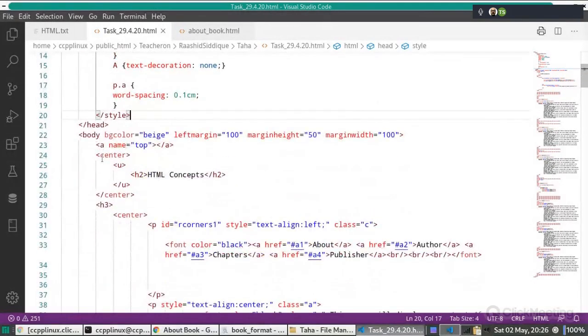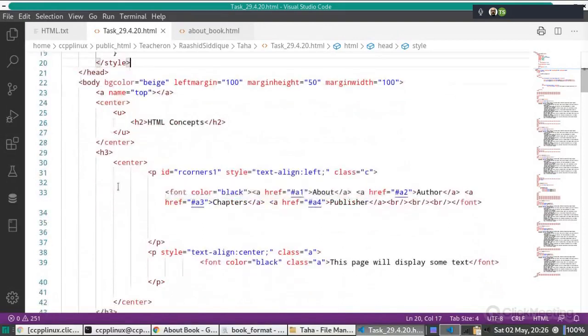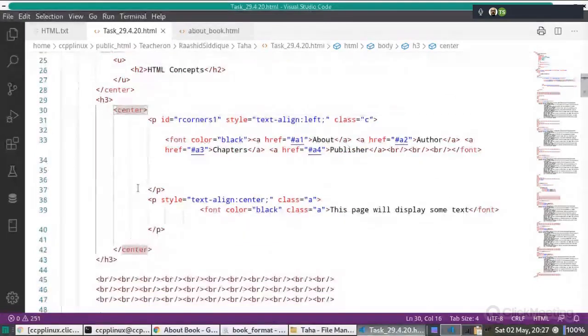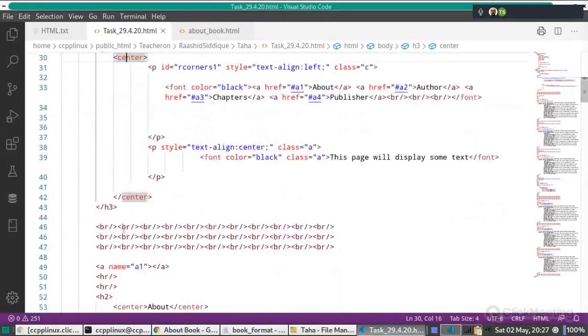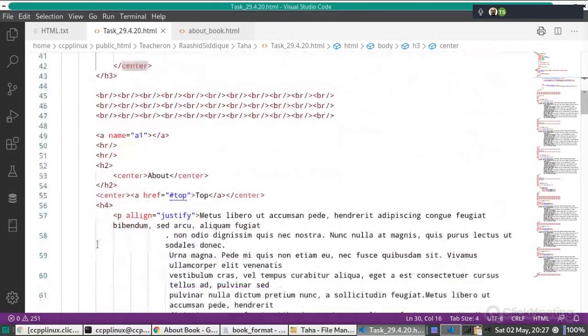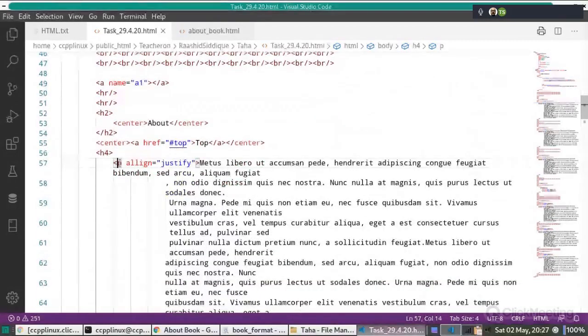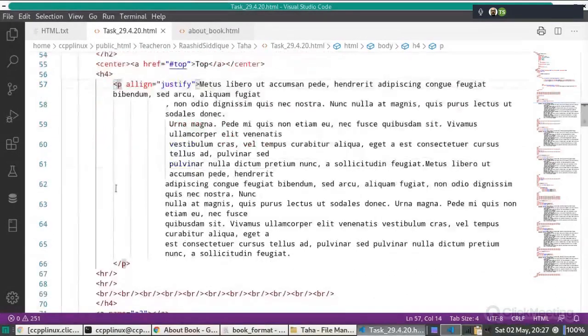Then this a tag is there, center tag is there, u tag is there. Yes, now this is properly aligned. This is now, because this p tag is inside this s4 tag here. The align is misspelled, it's ALIN, ALL. Okay.